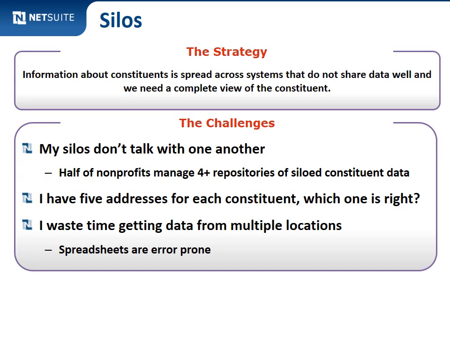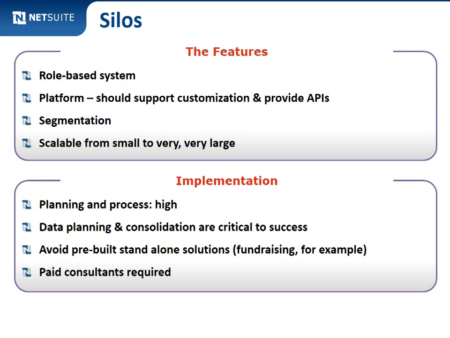And then the other challenge this solves is, okay, I need to do an events list for the event next week. 5 different staffers go to 5 different databases and get all their spreadsheets together, and then they put them in a conference room and they merge their spreadsheets together, and then they try to dedupe them, and now I have the invite list for the event. Very error prone, very problematic. If you consolidated your silos, you may be able to lower the staff time required to do that by orders of magnitude.